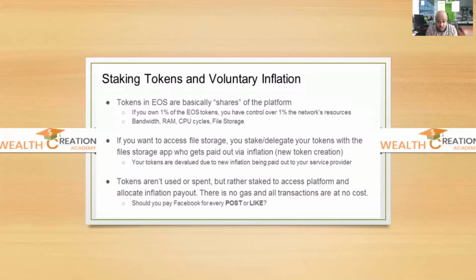If you own 1% of the EOS tokens, you have control over 1% of the network resources. So EOS provides resources like storage, bandwidth, RAM, CPU, space, cycles, or file storage. Okay. So if you want to access file storage, for example, some EOS storage, or you want to build a DApp, a decentralized application on the EOS blockchain, you need to stake some EOS. Okay, you can delegate your token within the file storage application, and you can get